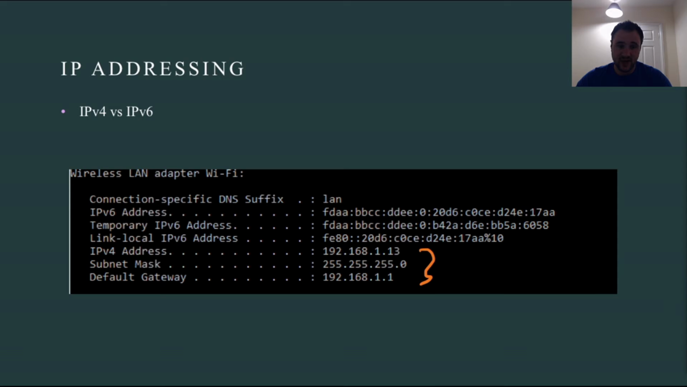We have the default gateway, which is the IP address of the last point of exit and entry within that network. So that's assigned with .1, and this is very common within your home environment. And also we've got our